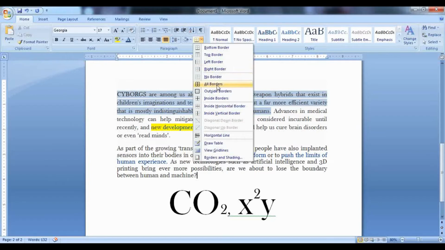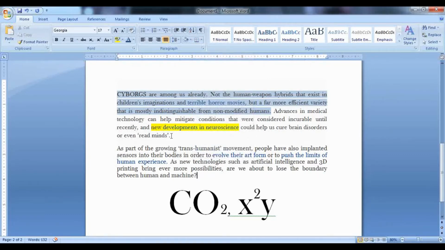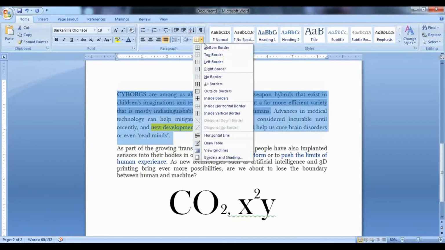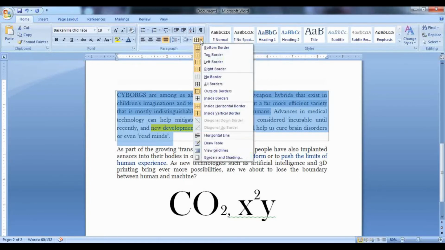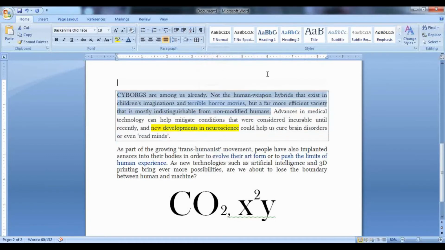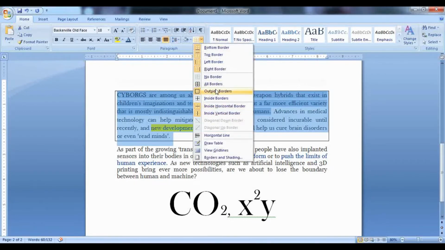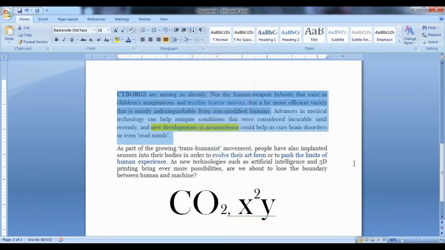So you can explore all these options by just writing your content and applying and seeing all the options on your content. The more you try, the more options you'll see. It's all about just trying the options, children. So you can apply all the borders, you can apply the right borders, you can apply the top borders and see. Right now I have applied all borders. You got a border around your paragraph. What you will do is just select the text where you want to apply the border and choose the option of no border. So the border is gone.